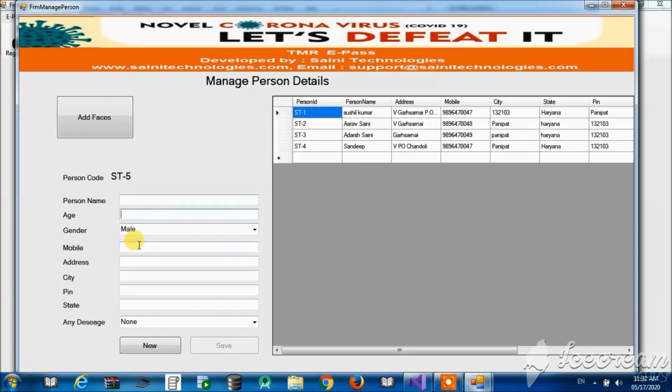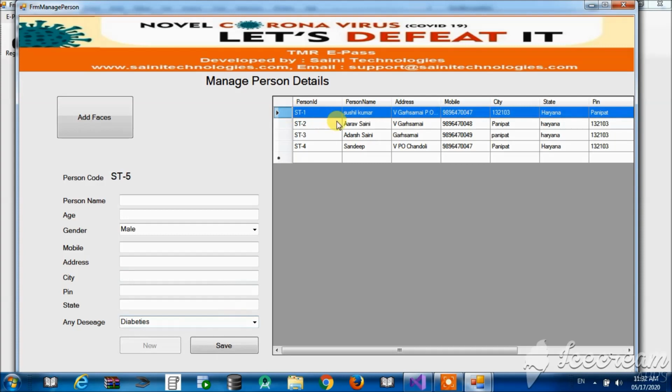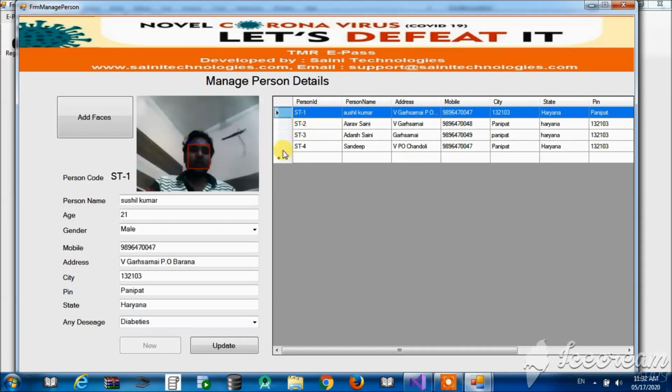Person name, gender, mobile, address, city, pin, state, and any diseases if he already has. This information will be saved here, just like this. If I click here, it will check my details.